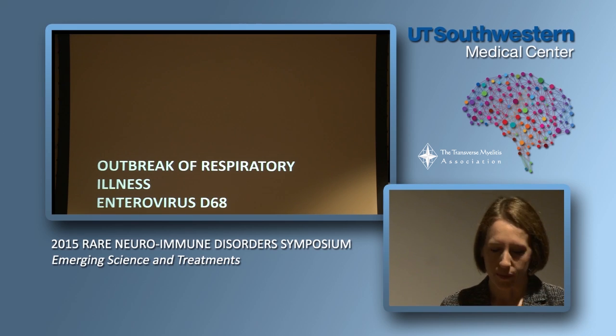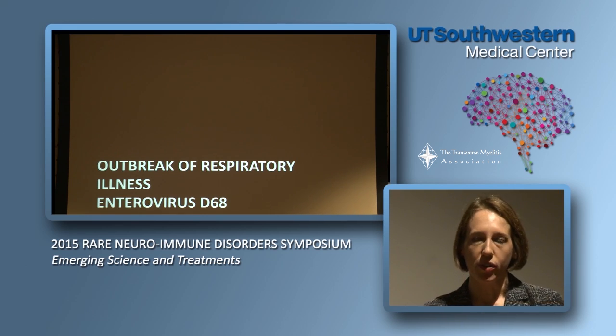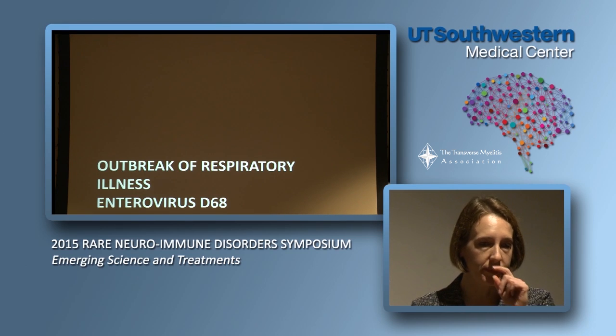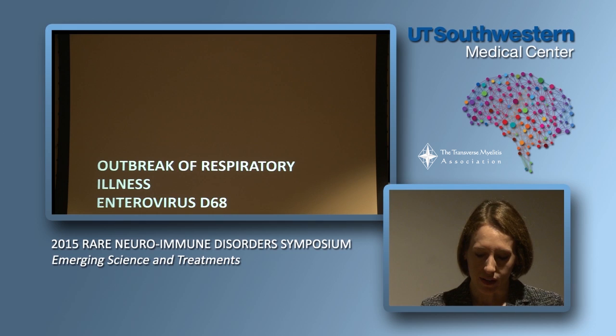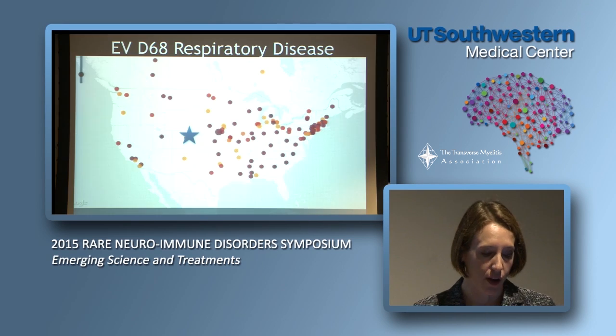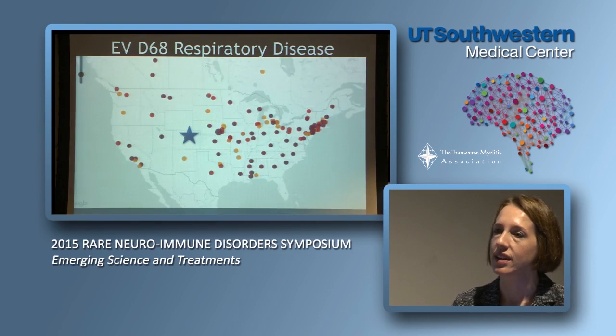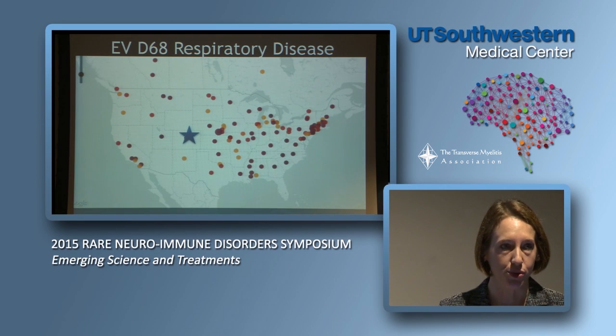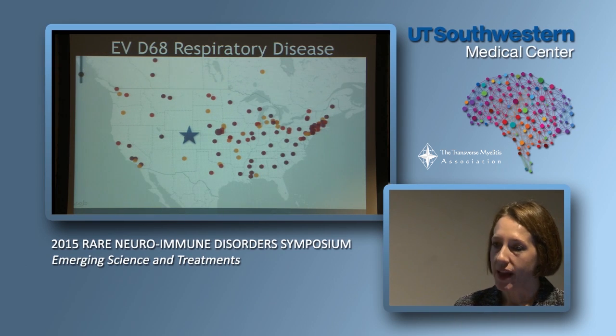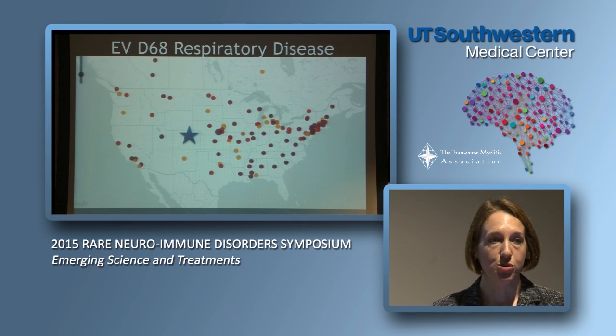No? Okay, so that is what I'm calling sort of outbreak 1, this outbreak of a very particular type of weakness in the acute flaccid myelitis syndrome. But it happened in the context of another outbreak, which was an outbreak of respiratory disease. So many of you may have been sick last fall. I know I sure was. And many millions of people throughout the country were as well.